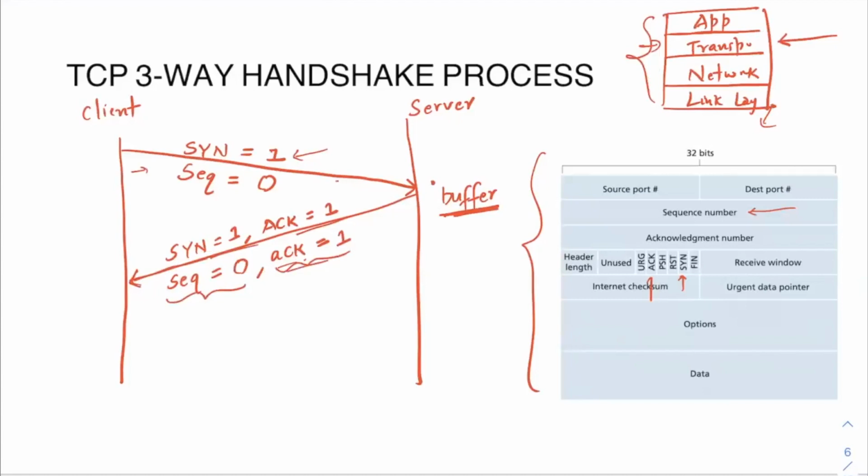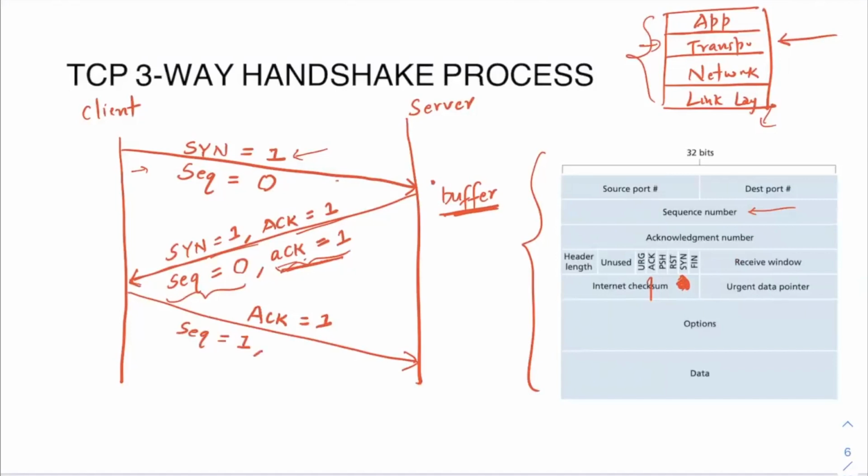Now it will again send another packet, the third packet, okay? And in this, the ACK flag will be set to 1. Only the ACK flag; SYN will not be set to 1 now. Also, if you see, the acknowledgement number is 1 from the server side. What this means is that the server is expecting the first byte of data from the client from now onwards. That's why the sequence number will now become equal to 1, because from now onwards, the server is expecting the first byte of data. And that's what the sequence number is, right? The sequence number is which byte of data the client is going to send to the server.